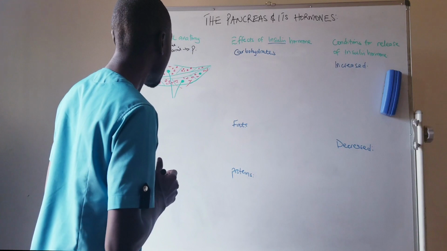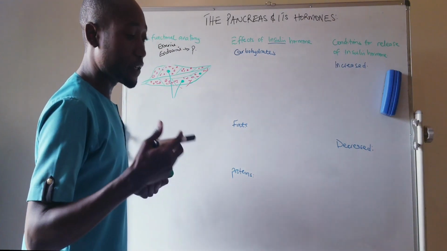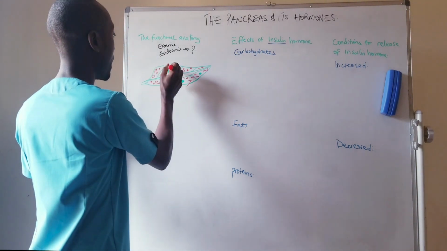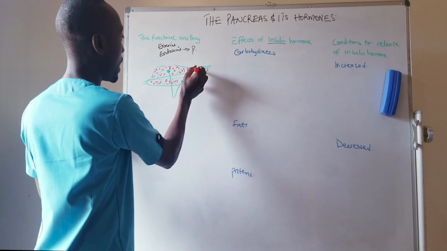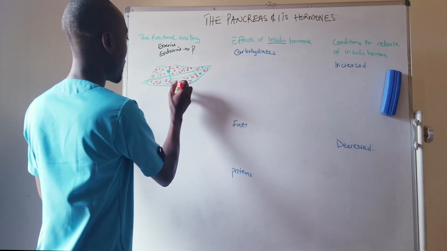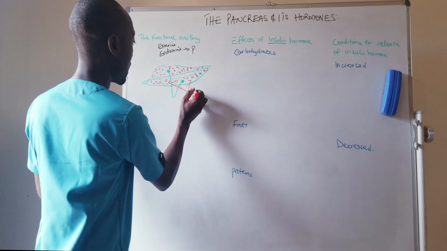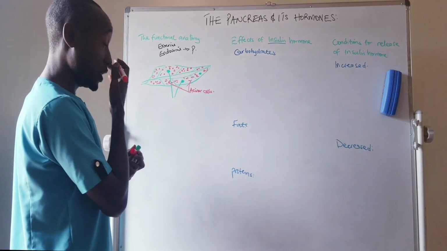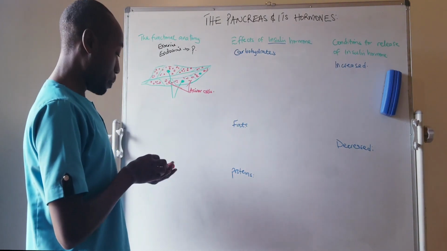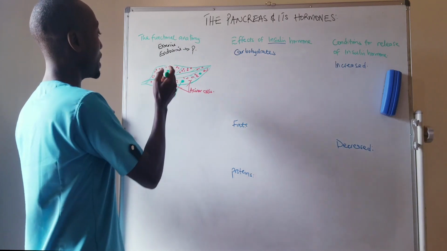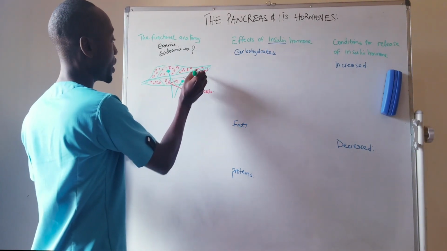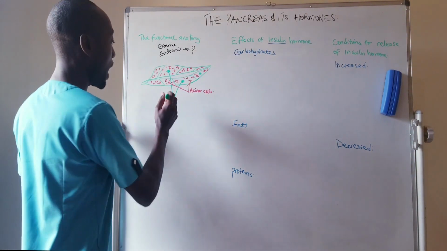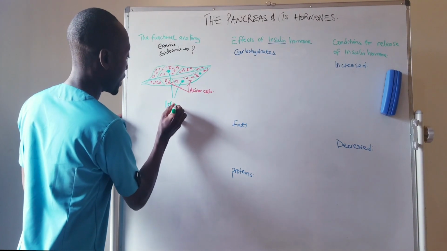Now, the pancreas itself has a lot of different types of cells. There are these cells that I've put in red, okay? These are the most common cells of the pancreas, and we call them acinar cells, okay? And then also we have some special types of cells that are integrated within the pancreas. They're kind of islands within the other cells of the pancreas, and we call them islets of